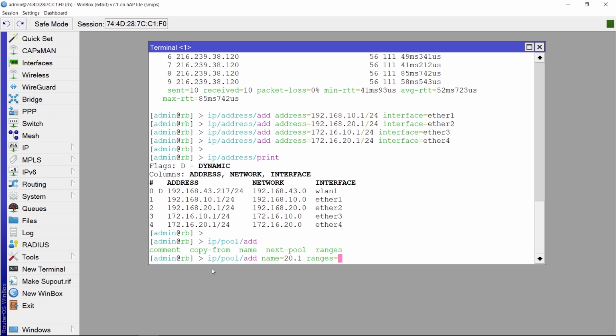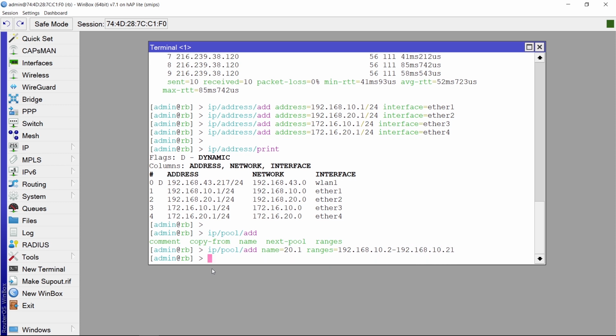This is range for interface Ether1, which is 192.168.10.2 until 192.168.10.21. Next, add IP pool for interface Ether2 with name 20.2 and range is 192.168.20.2 until